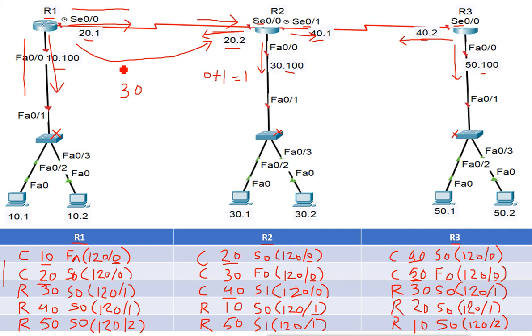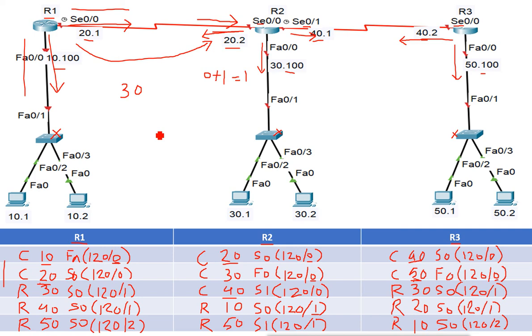And again they do it by broadcast, and broadcast means they don't verify that the information reached the destination router, or that the information coming from the other router is right. Now how does the problem come? Because of these things, how does the problem come? Let me show you. The main problem for the RIP protocol is the infinite loop. Infinite loop means our data might loop around, go round and round and round, and never reach the destination.